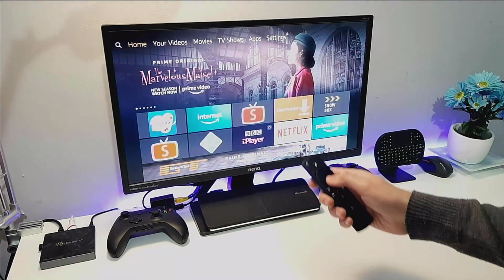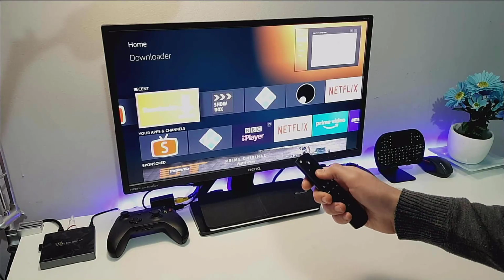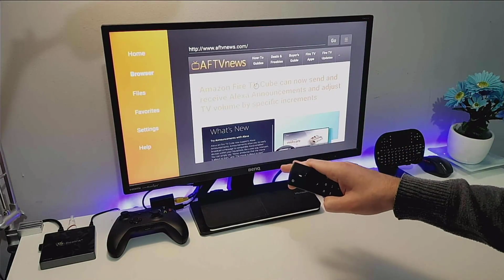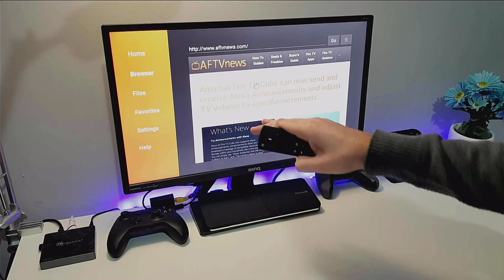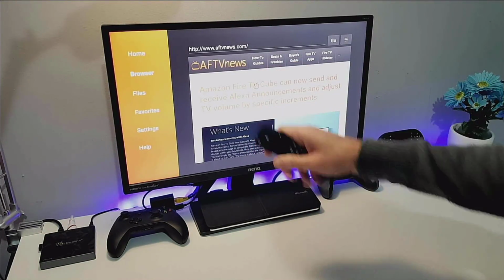And now let's open up the application downloader. Now, if you are doing this on an Android TV box or an Android phone or an Android tablet, you can use a browser like Chrome or Puffin browser and type in this address, and this will allow you to download the APK. But on a Fire Stick or Fire TV, use the application downloader,